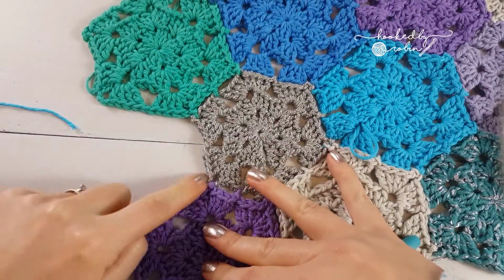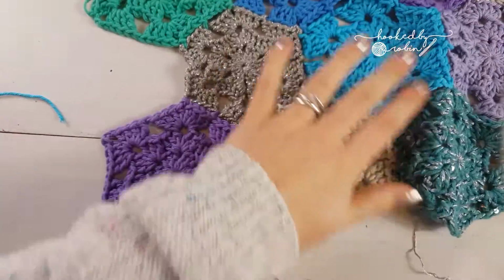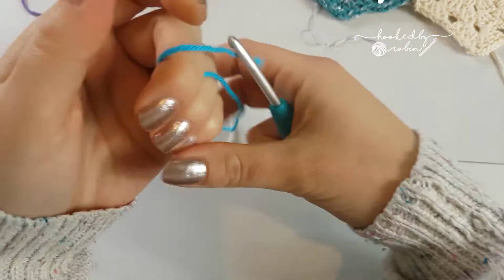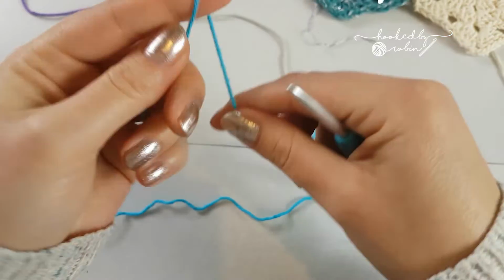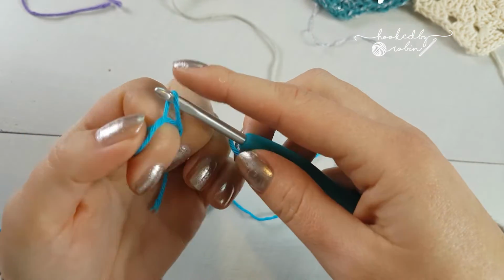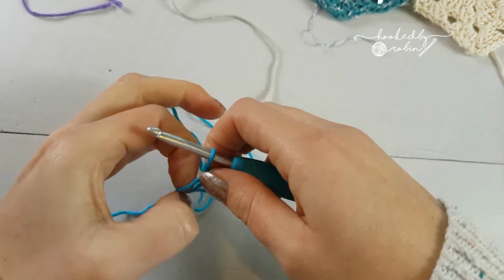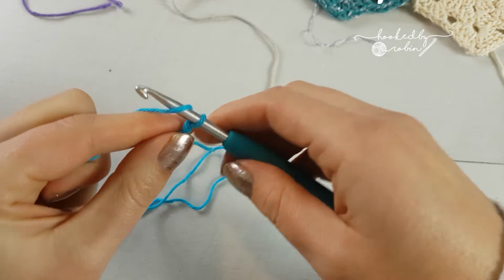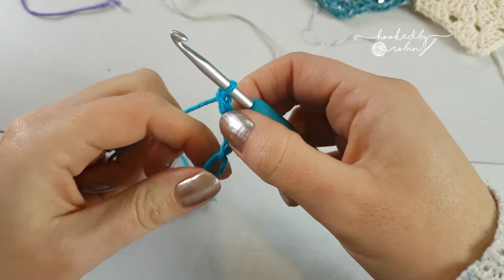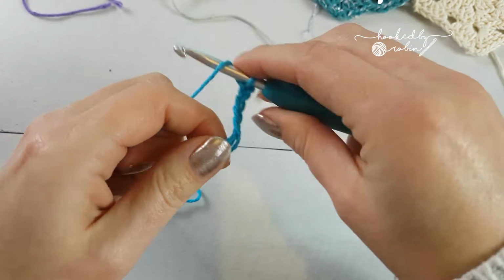Okay, so for filling in this pesky little edge here, let me just move this out of the way because my camera wants to focus on that and not what I'm actually doing. We're working into a magic ring. And you're going to chain 5. And then into the magic ring, 3 double crochet,